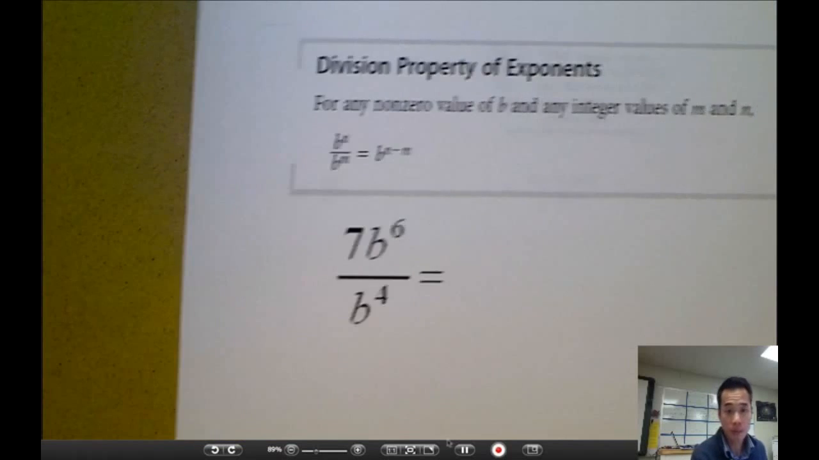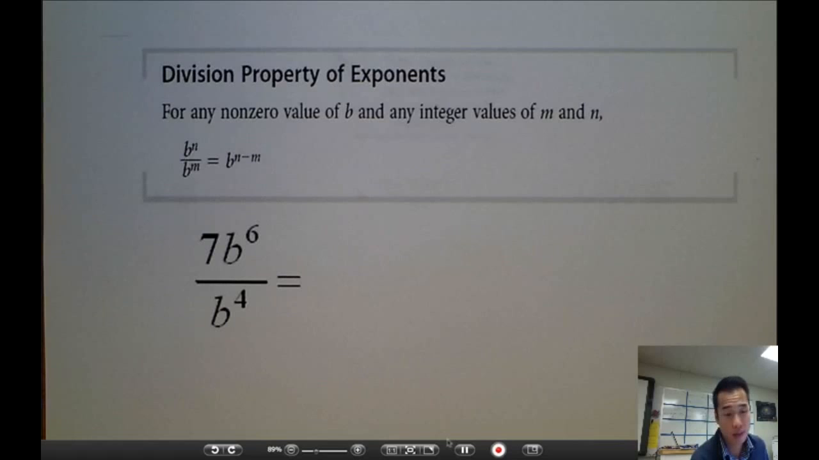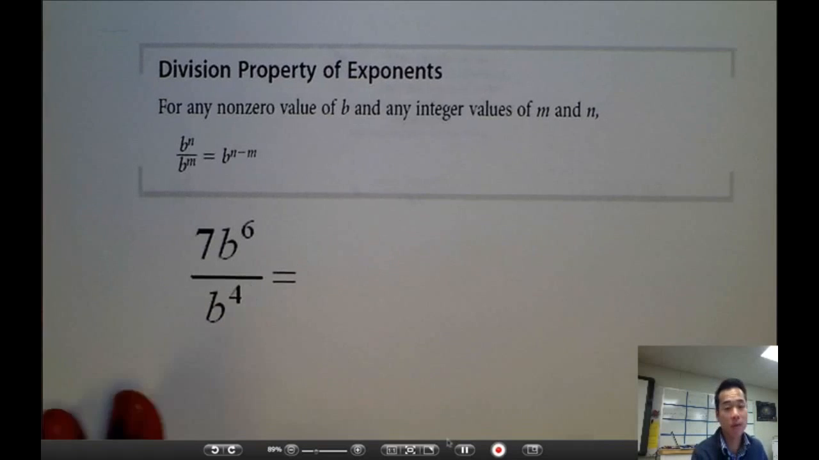Third example is going to be dividing exponents for any non-zero value of b and integers for your exponents. If they're the same base, you subtract. It kind of makes sense. It's the opposite of multiplying. So for example, if I have x to the fourth over x to the second,